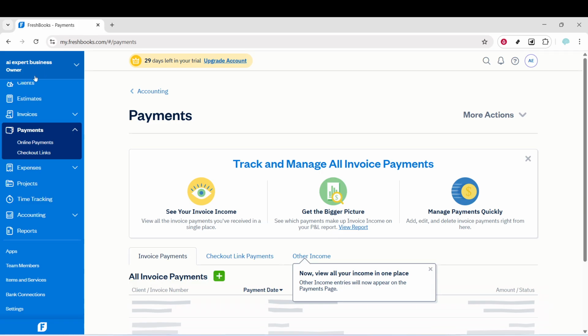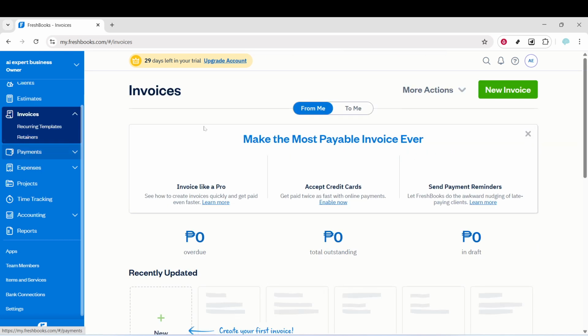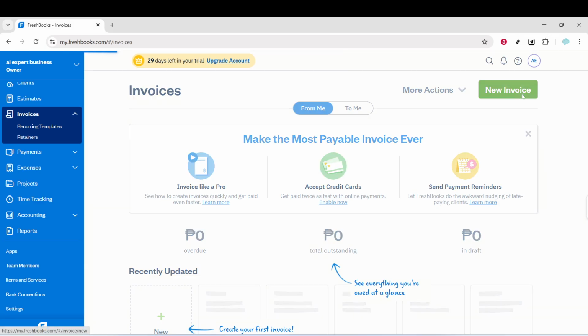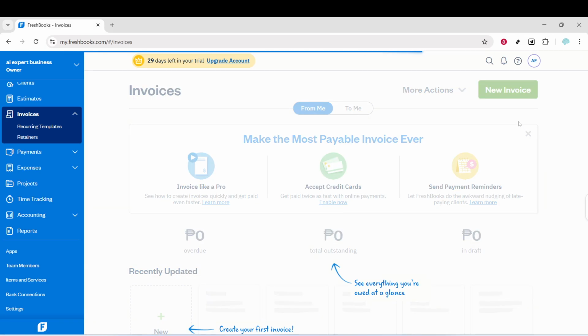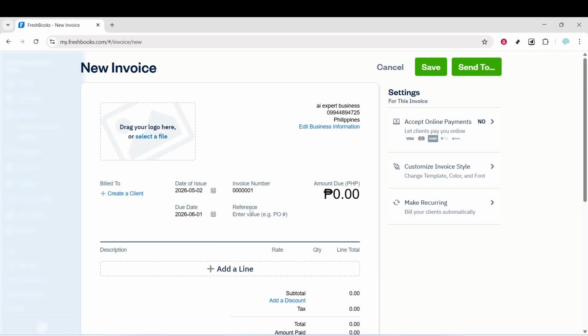Let's create your first invoice. Go to Invoices, choose Create New, and select Invoice. Add your client information, the service you provided, and the amount you're charging. You can include a clear description, the quantity or hours, and your rate, so clients understand exactly what they're paying